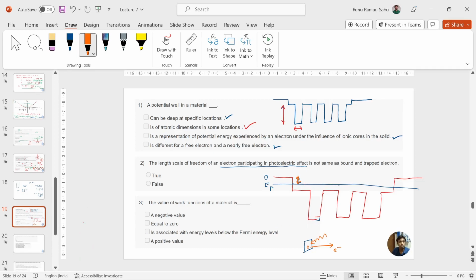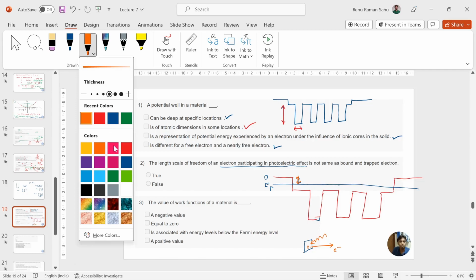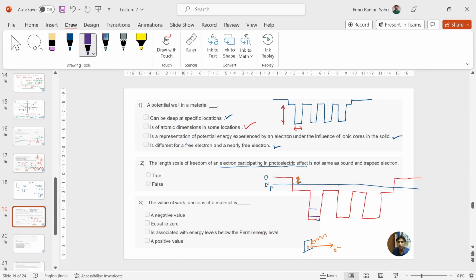So what is a bound electron? A bound electron is the electron which is bound to a nucleus. So we saw these energy values. These are the bound electrons. So the length scale of freedom of an electron participating in photoelectric effect,